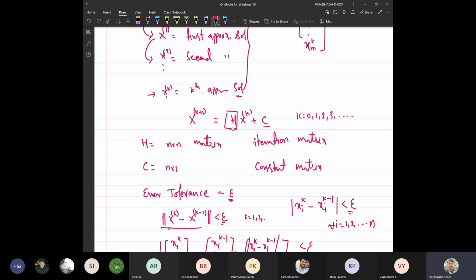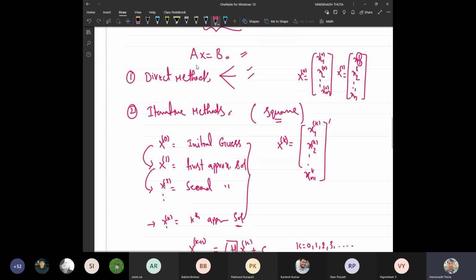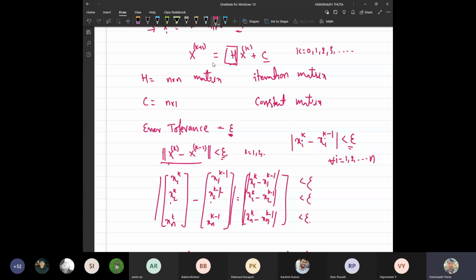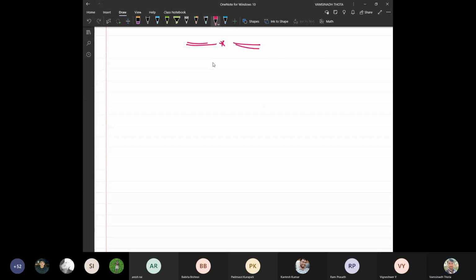Suppose I take H as some arbitrary matrix for which the spectral radius is strictly less than 1. It doesn't have any meaning, right? So the H should be formulated with the help of the given system, and in the given system we have two matrices, A and B. So that is what we need to find out. We need to construct it.